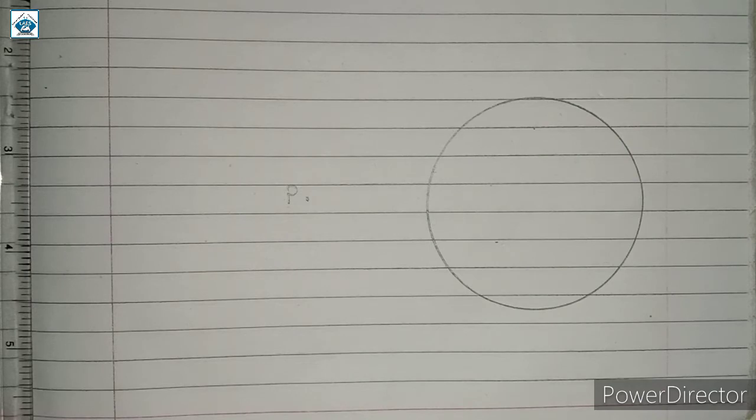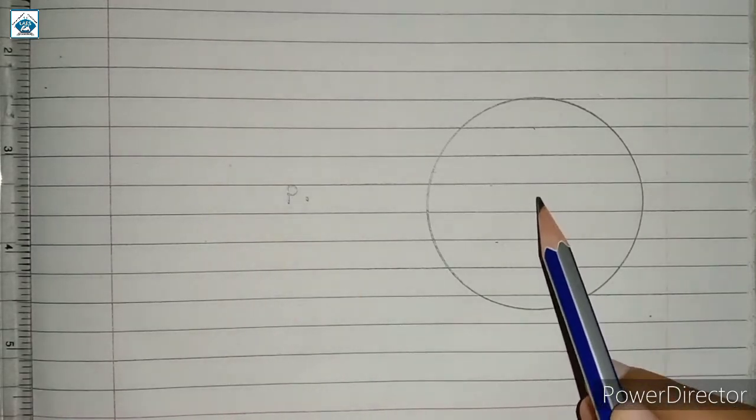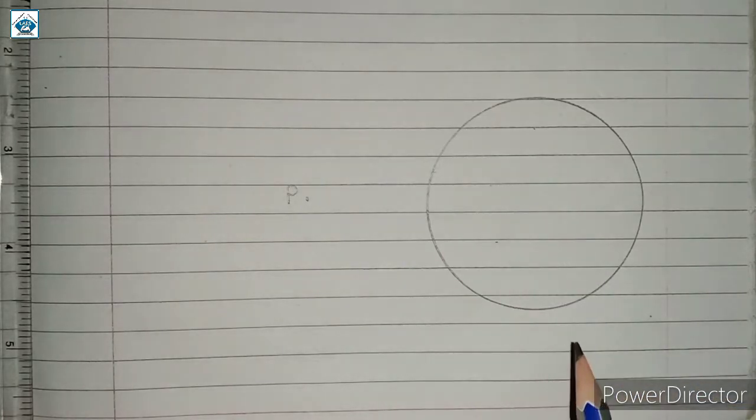So whenever we are constructing tangents from an external point to the circle, the first step is to join the center of the circle to this point. है ना. मान लो अगर यहाँ पर कहीं पर सेंटर पॉइंट O होता तो हम OP को ज्वाइन करते, फिर उसको बाइसेक्ट करते, वो मेथड था. अब यहाँ पर हमारे पास सेंटर नहीं है, तो बिना सेंटर के हम लोग कंस्ट्रक्ट नहीं कर पाएंगे tangents from this external point.